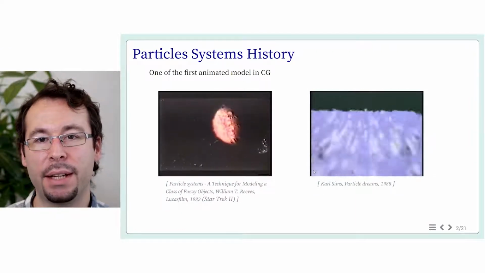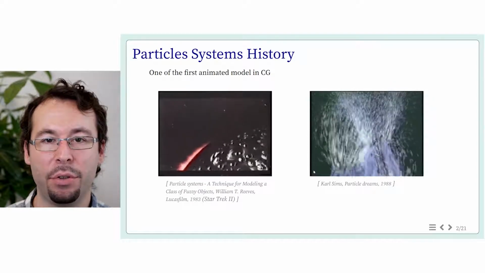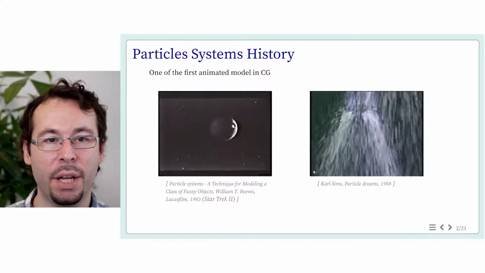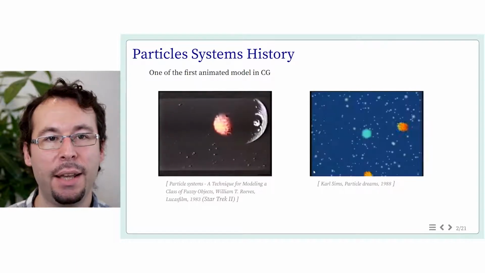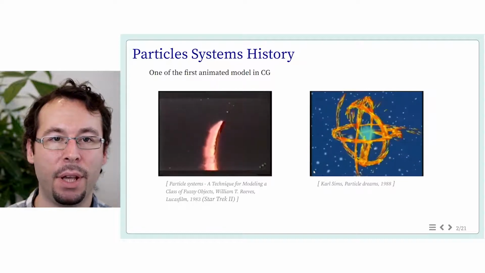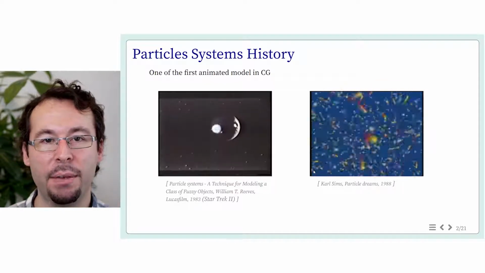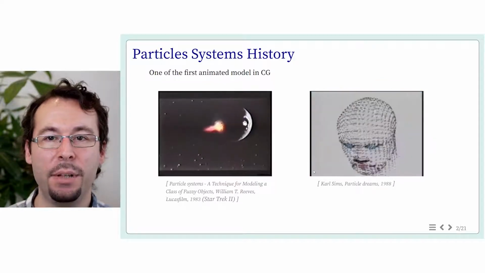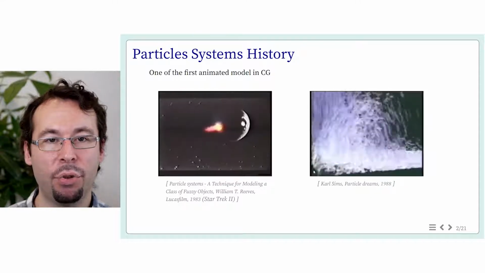Procedural animation started at the early age of computer graphics, and in particular the use of particle systems, where each particle is actually following a specific trajectory and displayed using a simple geometrical representation. They were the first models able to represent complex-looking animated shapes, despite the limited capability of the hardware at that time. So here are two examples.